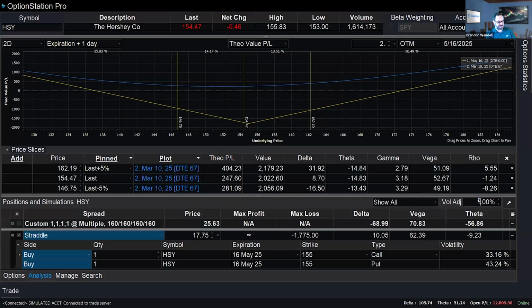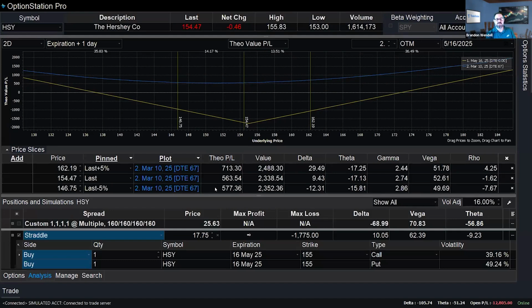So if something like that happens, look at that, much bigger gain, even if prices didn't move anywhere. But in this case, prices actually moved by $10, which was not quite 10% would be 16. So yeah, it's almost that to the downside. So it would be something like this number, 577. So much bigger profit, obviously.